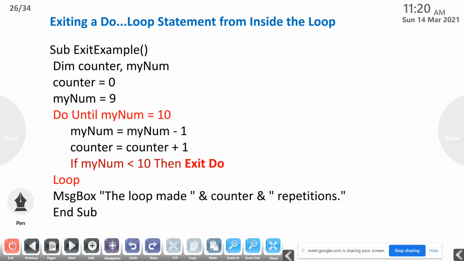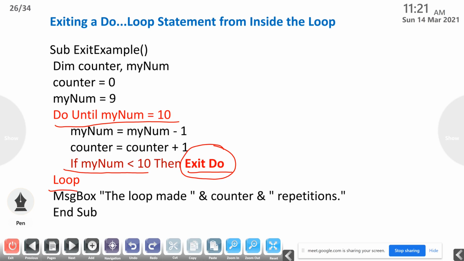Break will exit the loop and move out of the immediate loop, and continue will continue the next iteration. So here, Do Until is the loop, and if you want to exit from a loop, then we are using the statement Exit Do. If some condition is true, then what we want to do? We want to exit from the loop. For that we are using Exit Do.